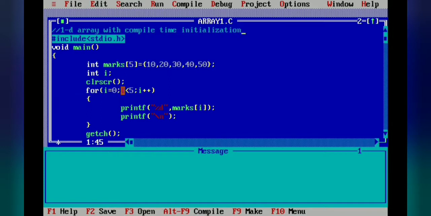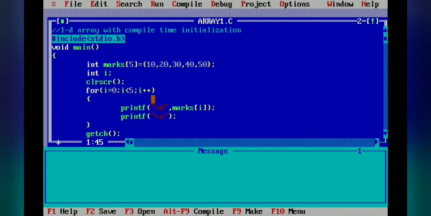We are using the for loop, and we are initializing the for loop value with 0. Why? Because our index number begins with 0, that is marks 0. So i is equal to 0. Now what is the size of our array variable? 5 only. Though it begins with 0, the ending condition is i less than 5. And every time we have to increase this value by 1.